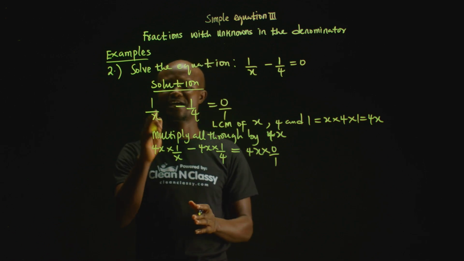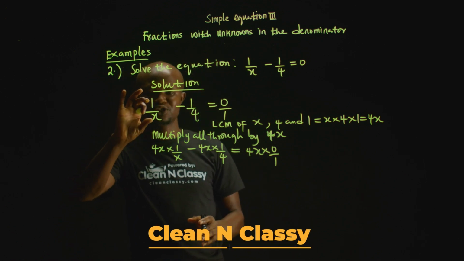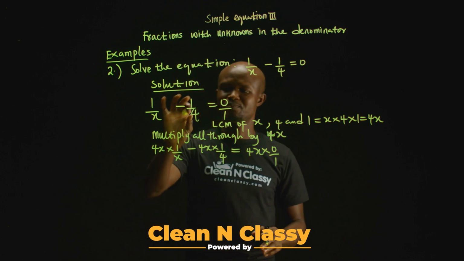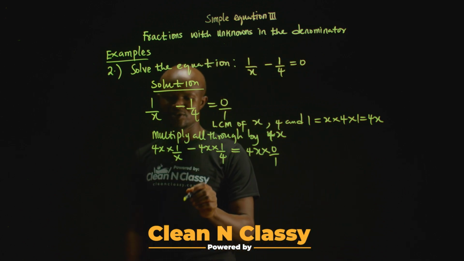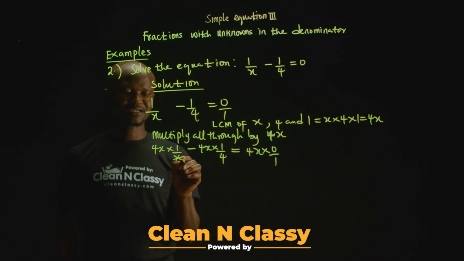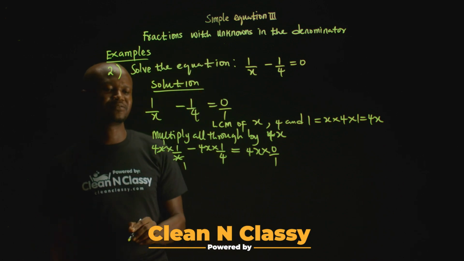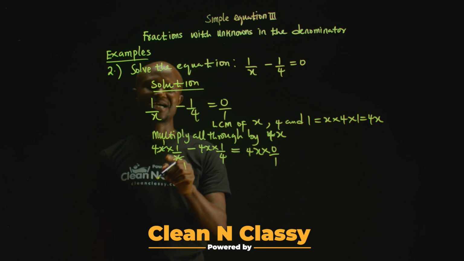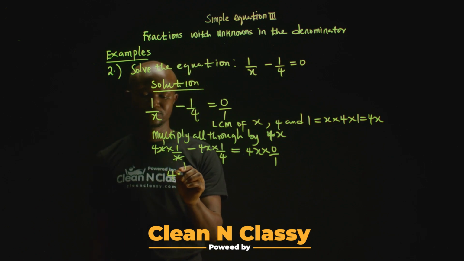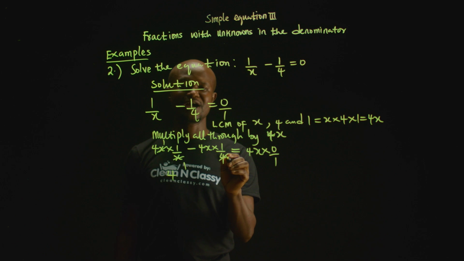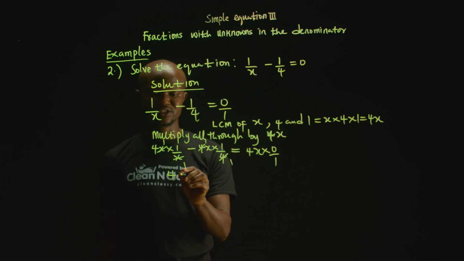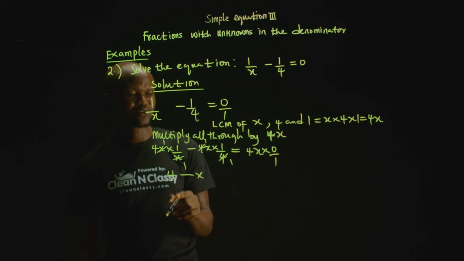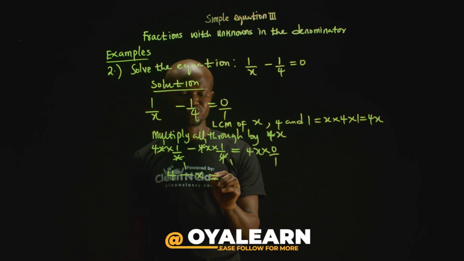We use the 4x to multiply each term. Multiplying with this, we have this. So simplifying, x over x is 1, so 4 times 1 we have 4. Now 4 over 4 is 1, and x times 1 we have x. So we have minus x equals